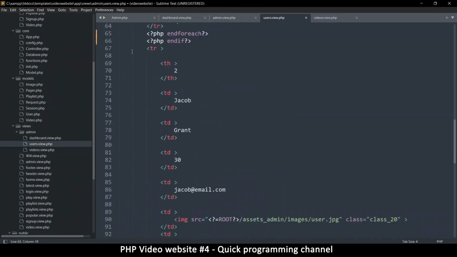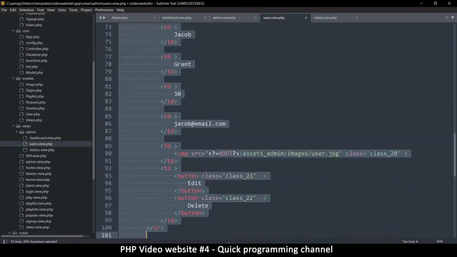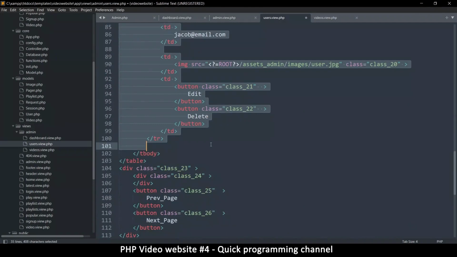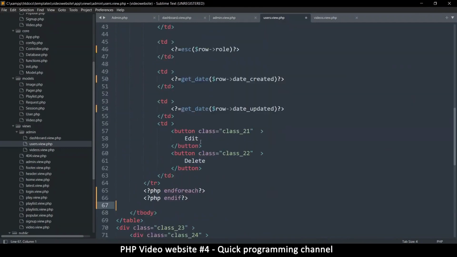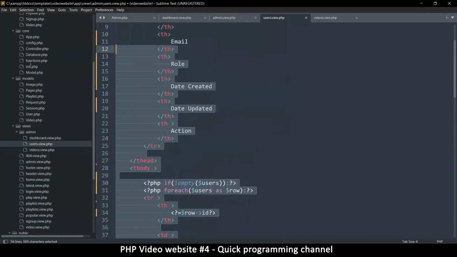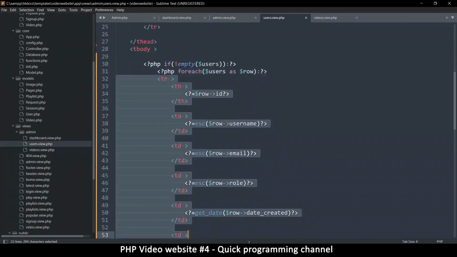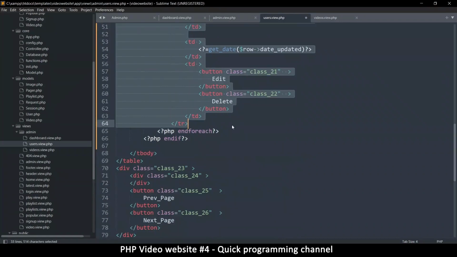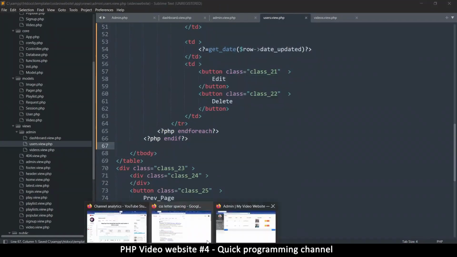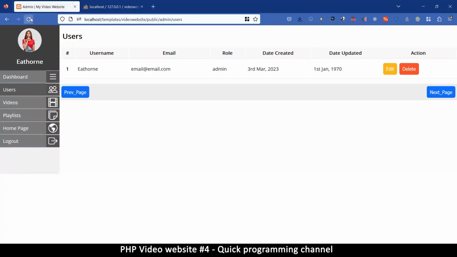And we don't need the second row here since we are looping through the first one. Okay, let's organize these a little bit like so. And move these as well in tab. All right, let's see that in action, and there we go. So we have just one row here. Everything seems okay. Now this one, date updated